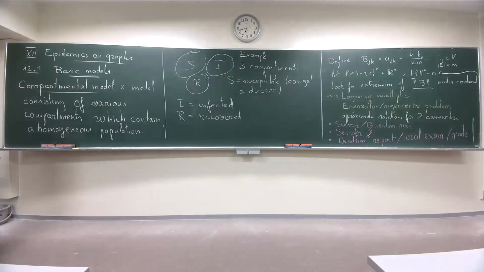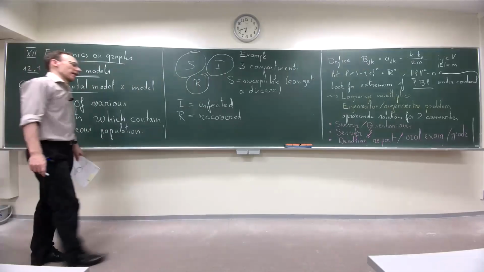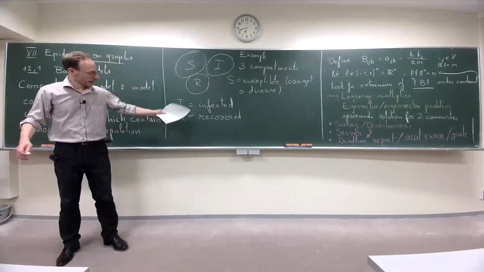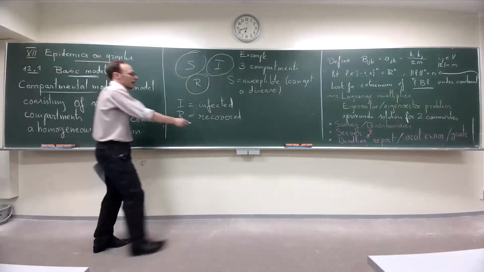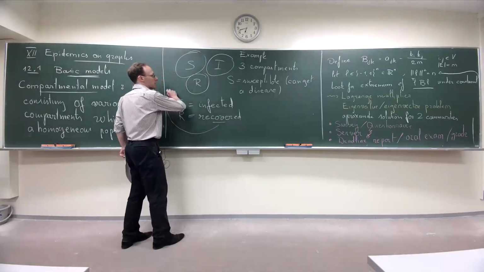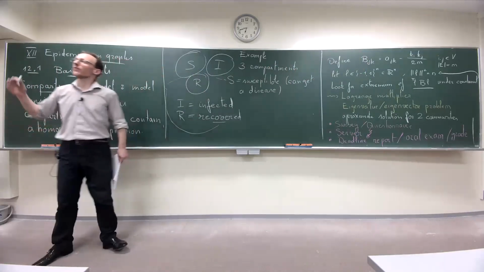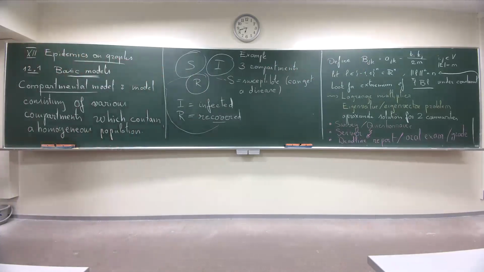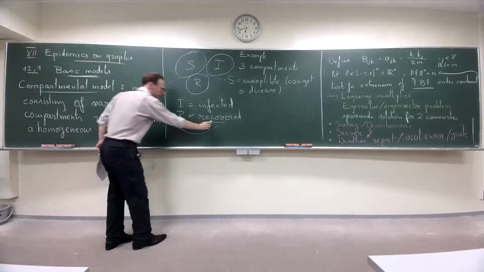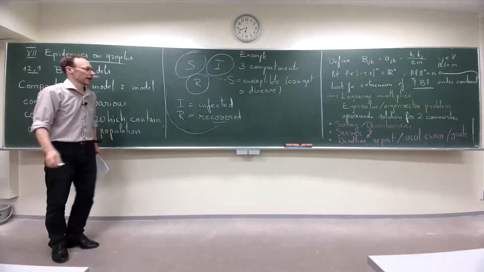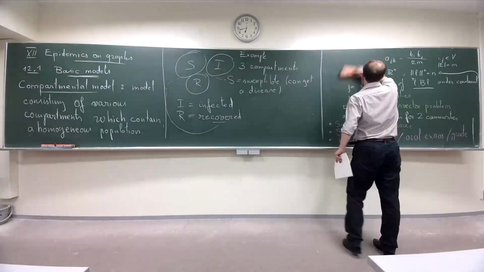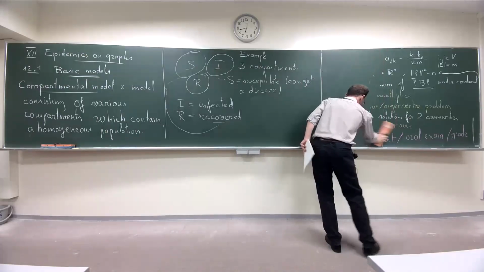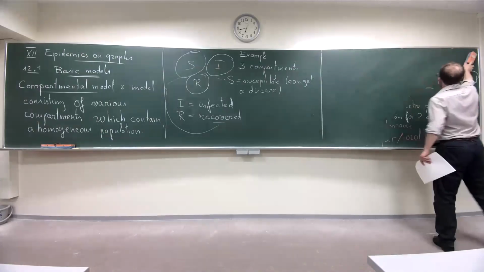By recovered, you mean still not spreading the disease? Yes, they cannot infect anybody anymore. Now, I will mention sometimes these guys go back to S if they did not get any immunity. Sometimes they are immune. So it depends on the model. For now, I don't speak about this. I just say we have three compartments, SIR. This is really at the root of all these models. SIR, you can see this at many places.